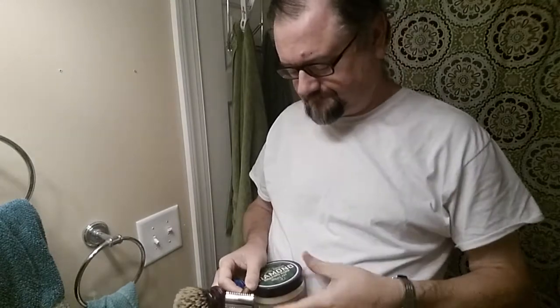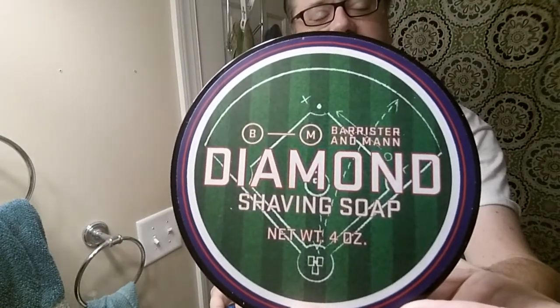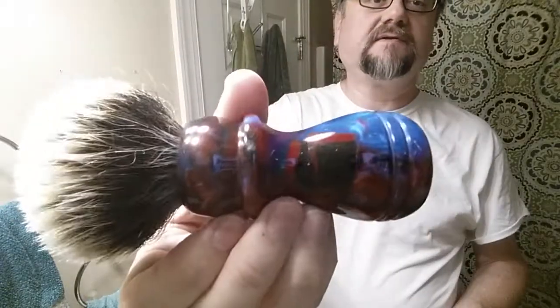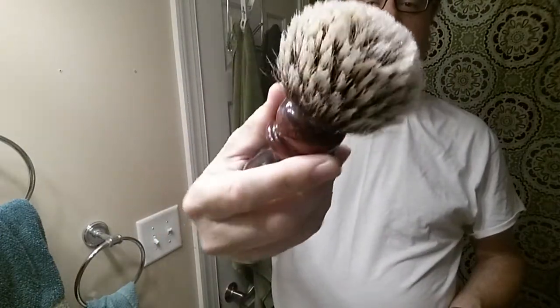Here's my Nacet, Diamond shaving soap from Barrister and Mann. This is the Glissant base, the one he had for a while back there. It's a wonderful soap base still. Craving shaving handle, and this is a Maggard SHD